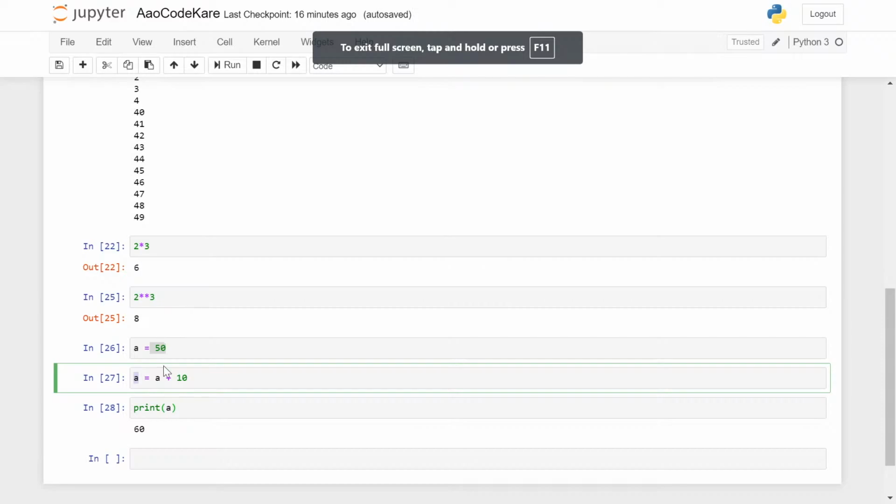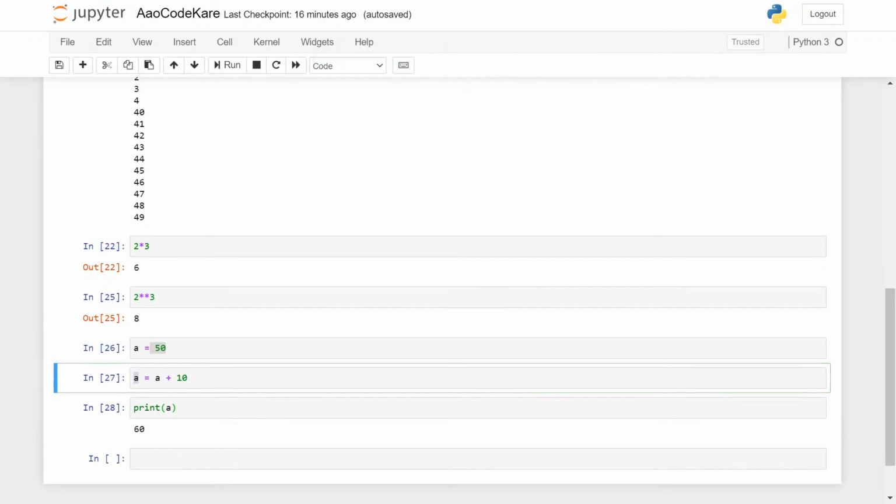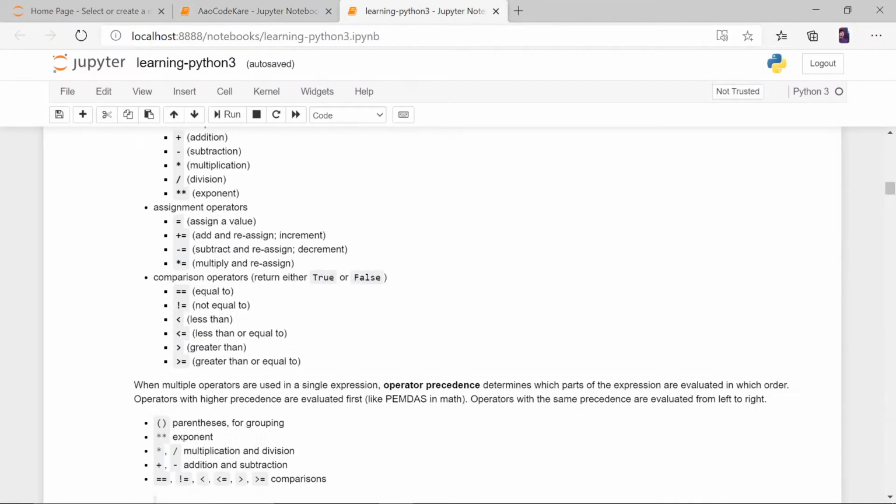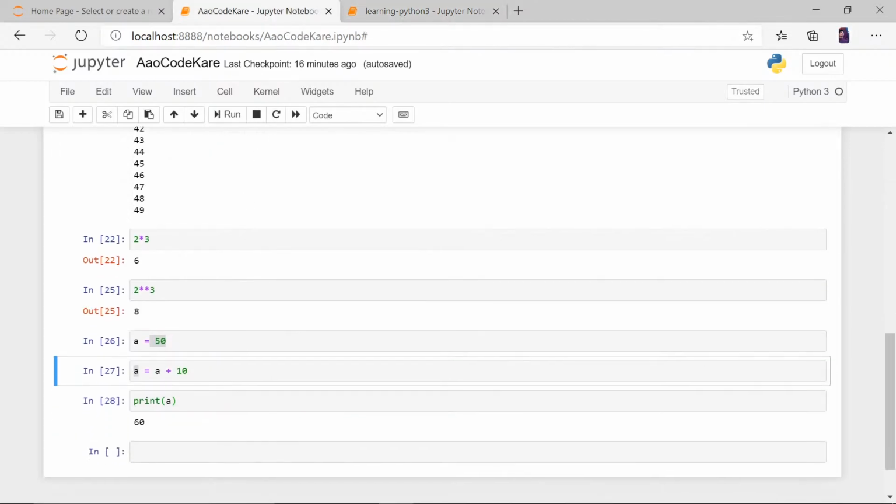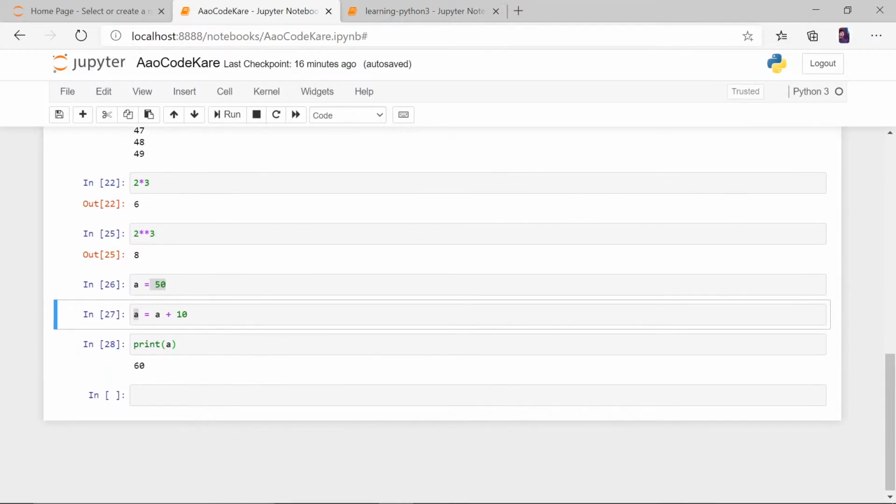The value of a plus 10 was again assigned to a. So this whole thing is called reassignment, or you can say increment for plus. So as I said, a is equal to 50, a is equal to a plus 10. Print a. So print a gives 60.